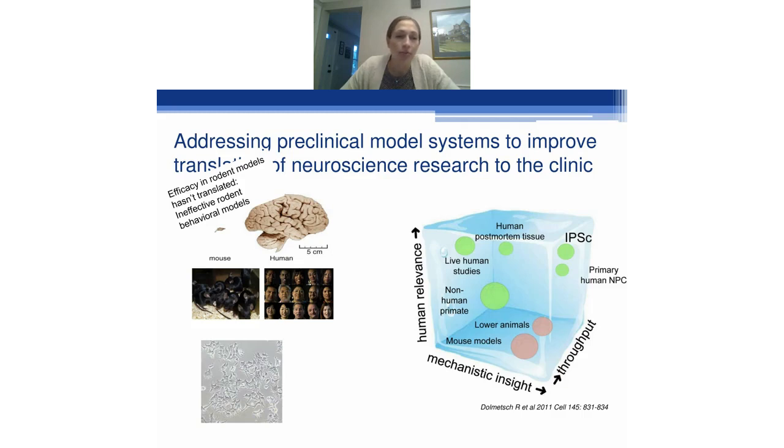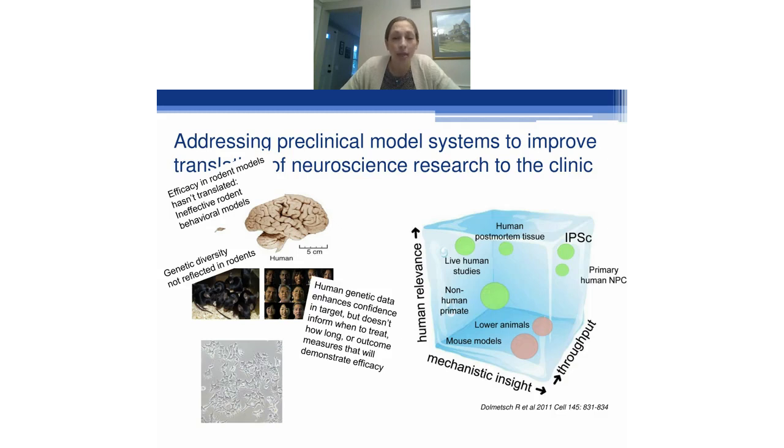In addition, these rodent models do not reflect the genetic diversity of humans and are often inbred lines. And while there has been a boom in human genetic data that can enhance our confidence in targets, it doesn't tell us when we should treat, how long to treat, or what the outcome measures will be that would demonstrate efficacy in these patient populations. Other model systems used in preclinical neuroscience research are heterologous expression systems or